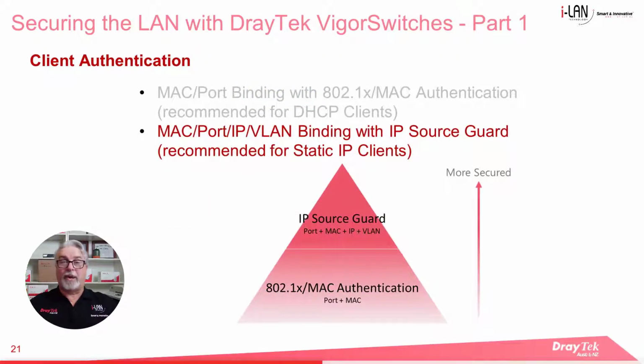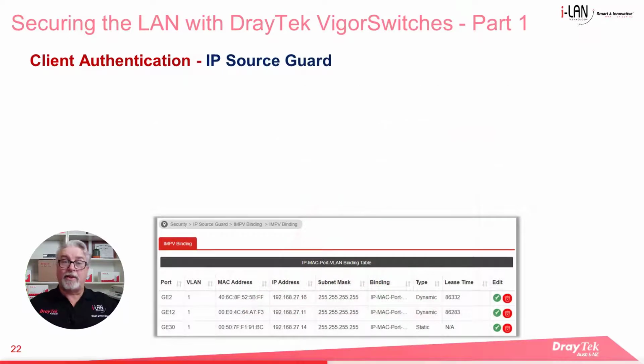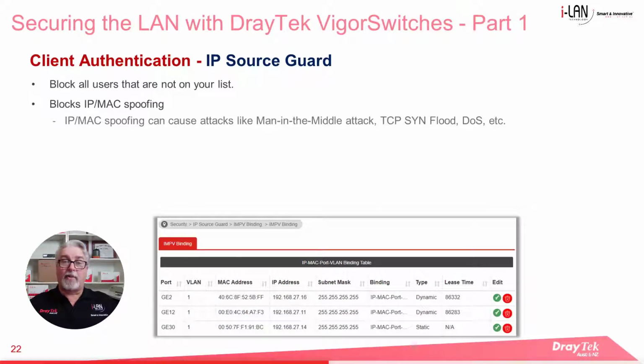Now we'll look at IP SourceGuard, which is more secure and is recommended for static IP clients. This method uses the MAC address, port IP address, and VLAN binding along with IP SourceGuard enabled. IP SourceGuard will block all users not on the list. It also blocks IP and MAC spoofing, so the network administrator does not need to identify the source of the